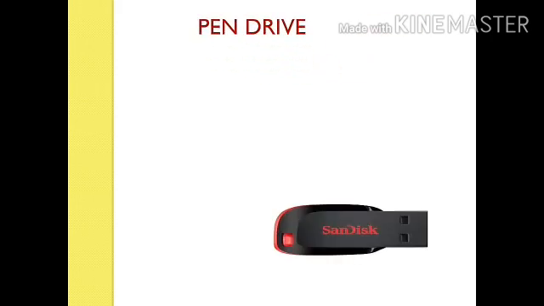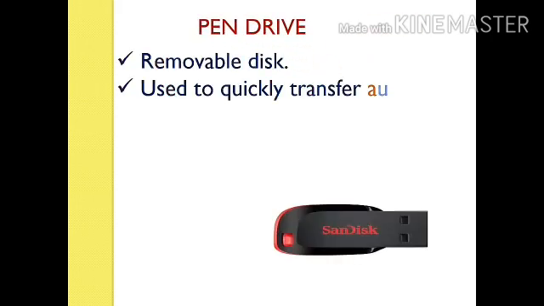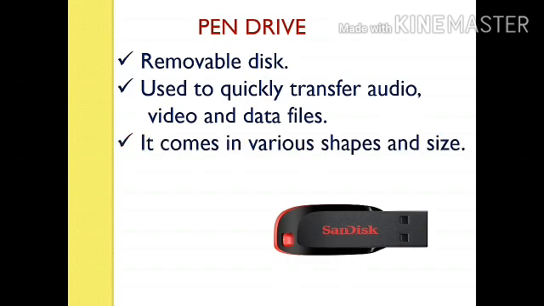The next storage device is pen drive. A pen drive is a pen-like device. It is a small data storage device that can be attached outside of a computer at a place called USB port. It can store a large amount of data, 1 GB, 2 GB or more. It is the most convenient device to carry data from one place to another, as we can put it inside our pocket. It is also known as flash drive.